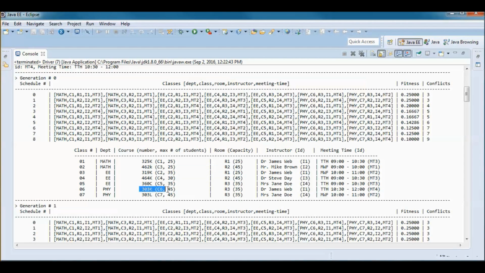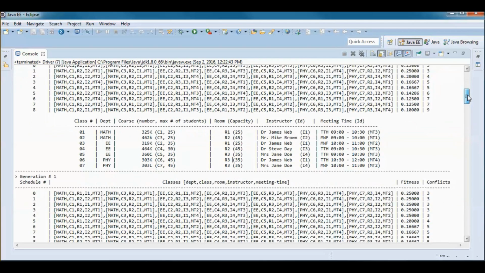And those are the two other conflicts. Room 3 has those two classes assigned to be taught in it, so 303K and 303L, and they have a max number of students of 45. Let's take a look at another.